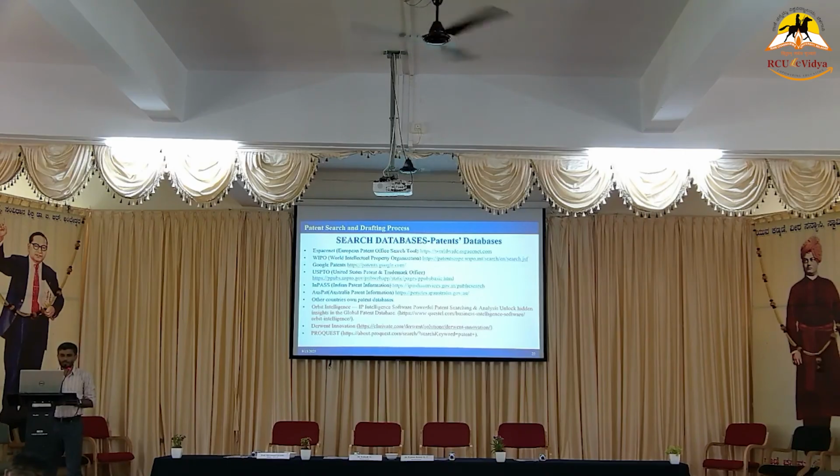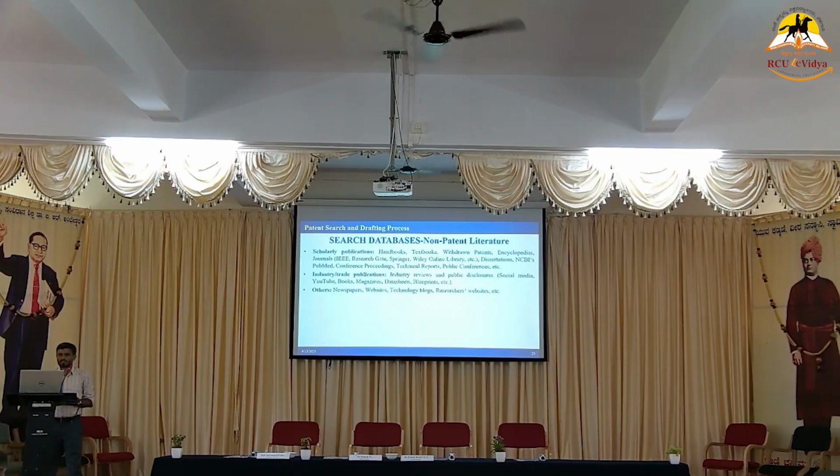US is also the same. INPASS is the Indian Patent Office. So when we are applying for a patent in the Indian Patent Office, you need to go for INPASS. And this is the website. If you type INPASS in your Google, it automatically goes to the Indian patent search. If you are applying for an Australian patent, you need to go for the Australian patent office link. There you need to put a keyword and search whether your idea or the concept is already available or not. These are the links.